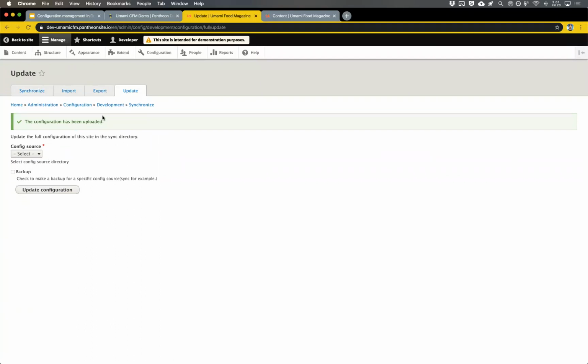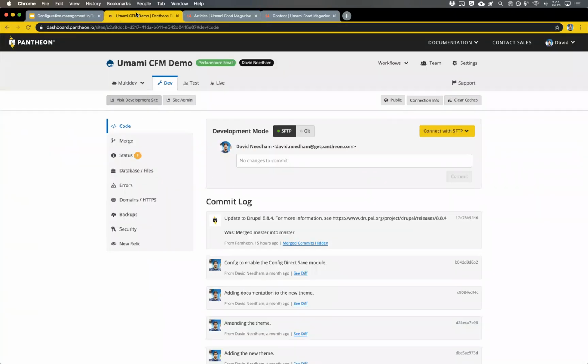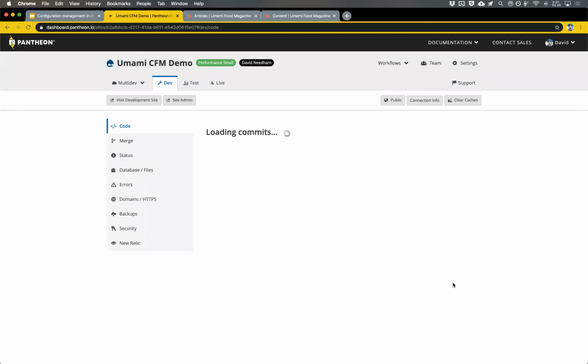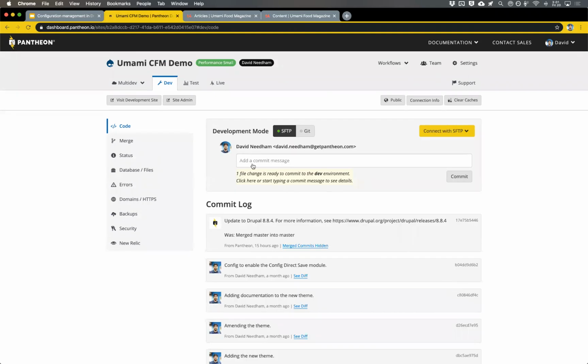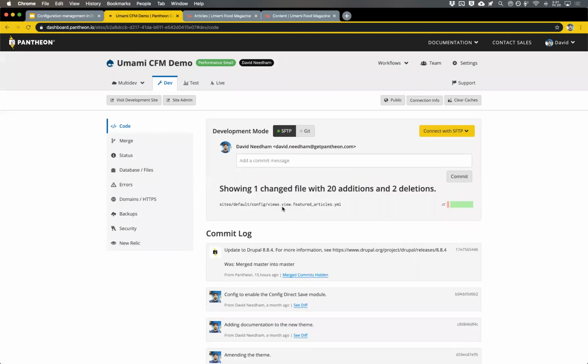So now that I've made that change, I think this environment's ready to go. If I jump back to my dashboard, I should be able to see a code change get fired off in here, and it should show me a diff, which is pretty helpful. So I see here, it says 1 file is ready to commit, and I can see basically what I saw before. I'm changing this configuration file that's stored within sites default config, and it's created one specifically for this